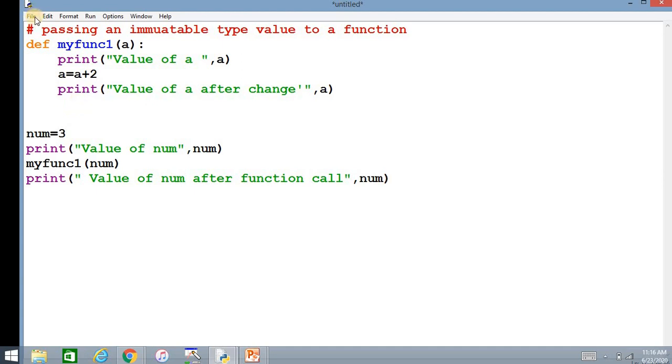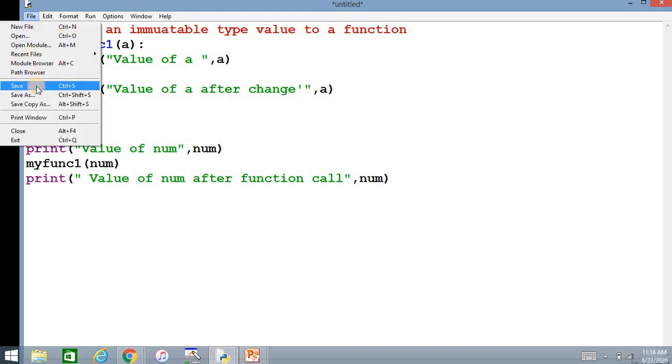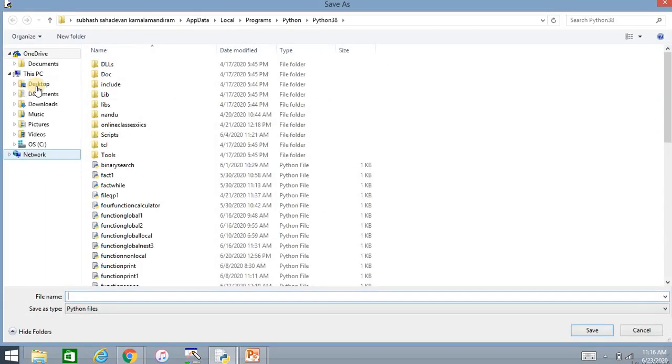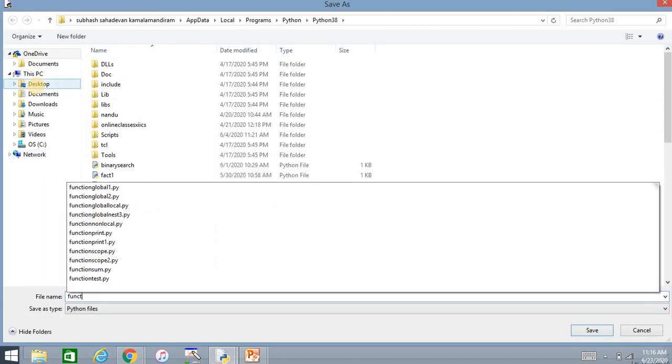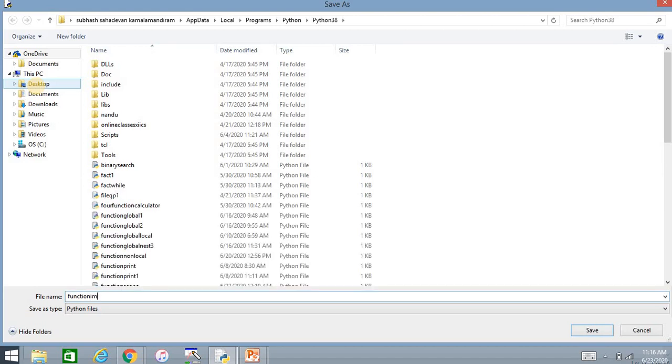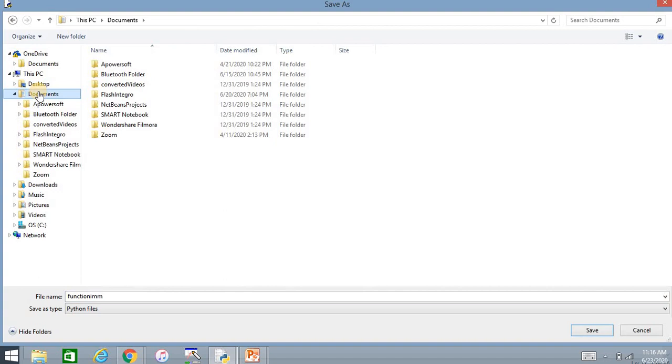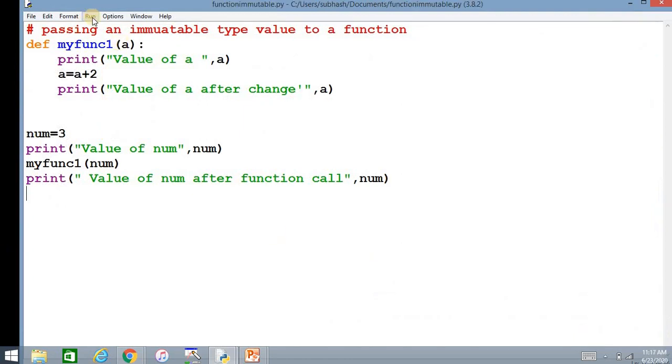Okay, I will save it. I'm saving it as function immutable. It's immutable, no? It's immutable. Save the file and run it.